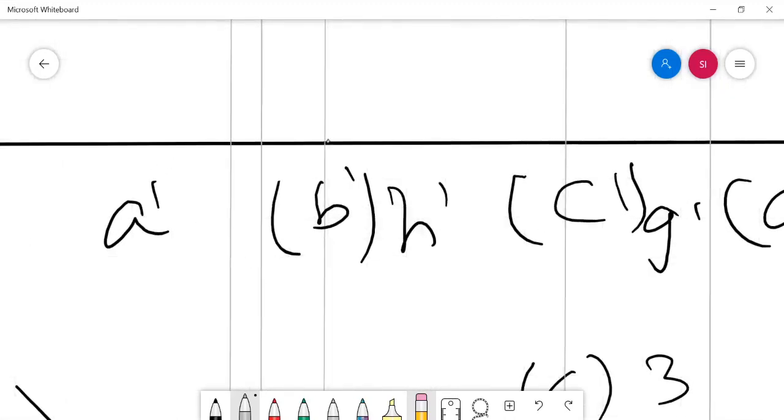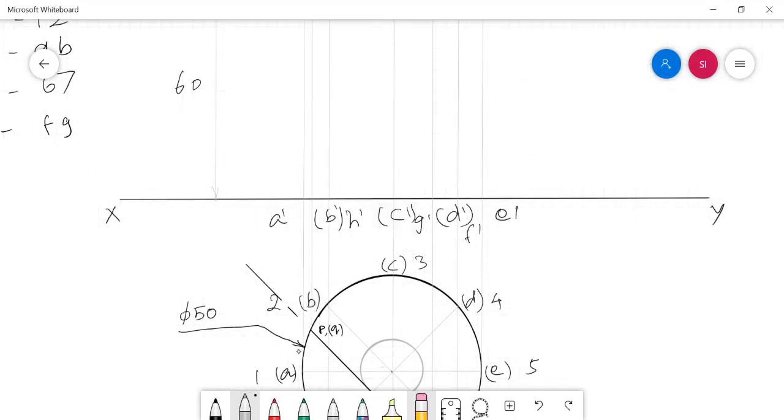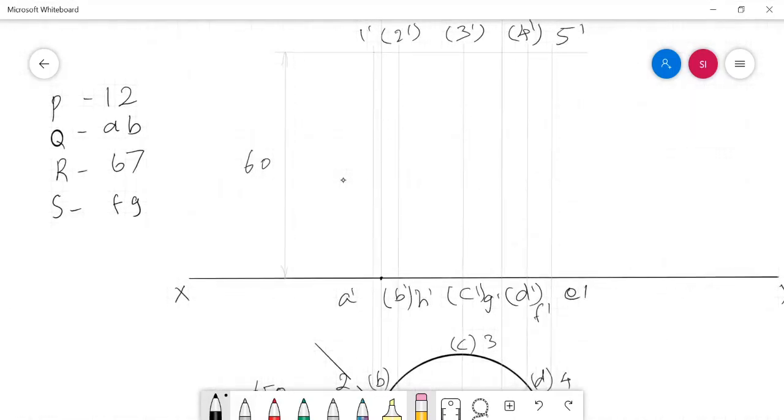This line is nothing but the front view of the arc AB, so it looks like a line. Here this projector meets at this part, so we need to mark the cut point Q here. For your understanding, I am marking with a big dot, but in your paper you need not mark with such a big dot. This will affect the ambience of the drawing.